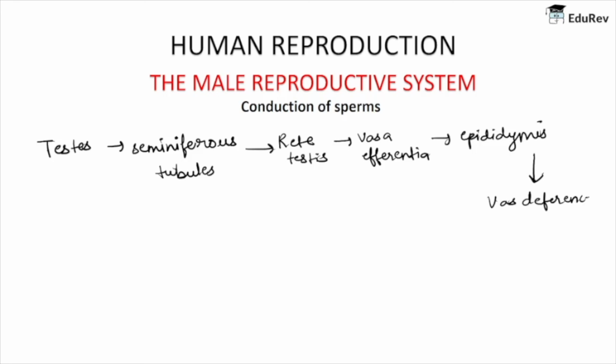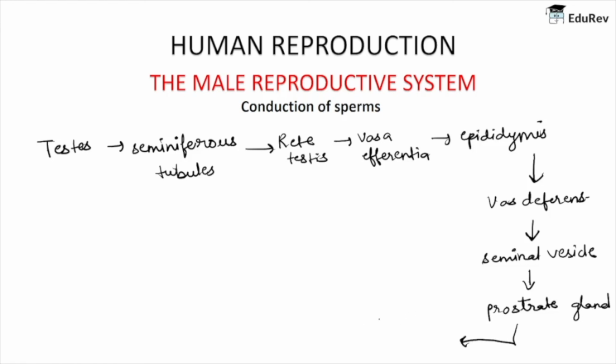From the vas deferens it goes to the seminal vesicle, in which it mixes with the fluid. Now from the seminal vesicle it enters the prostate gland. From the prostate gland it enters the Cowper's gland,